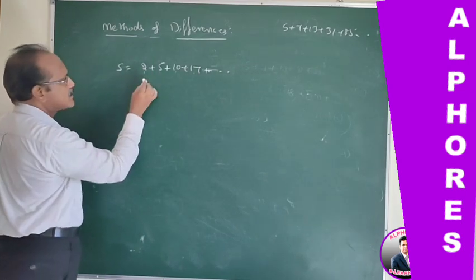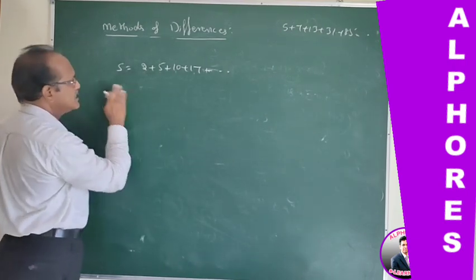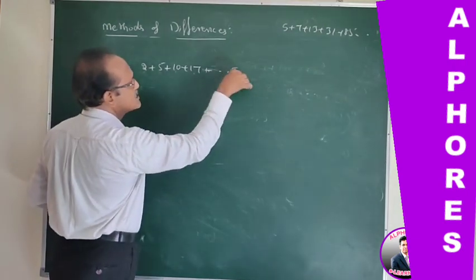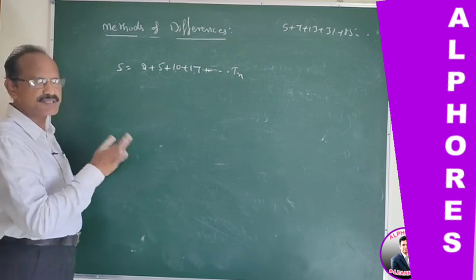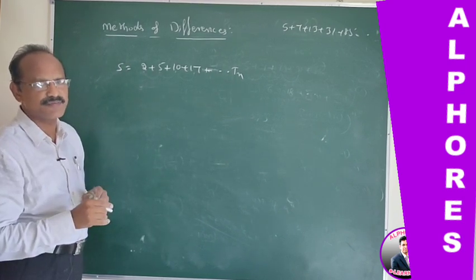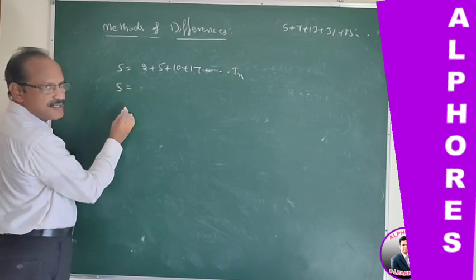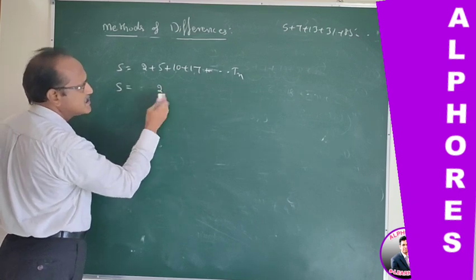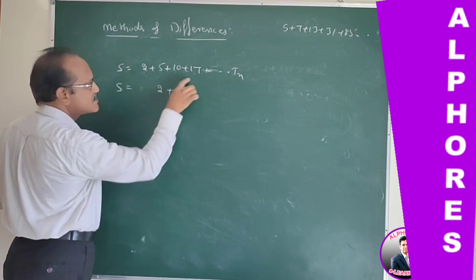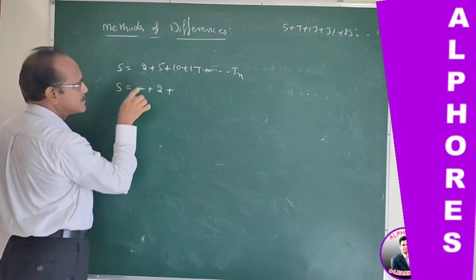Right. The procedure to find the method of differences is: let the sequence have nth term Tn. Now the general procedure. Always try to apply the procedure. There is no formula for the method of differences. Next, write the same series again by omitting the first place, by shifting the series. I am writing the same series in the second line, leaving the first place.